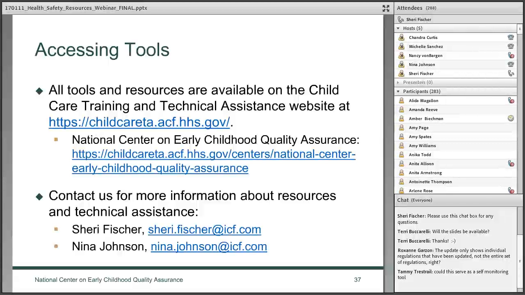Thank you, Sherry. That is incredibly helpful, both as a licensing manager and a TA provider. There are a couple of questions that came in the chat box, and I see there may be some more coming in now as well. One of them was about the Caring for Our Children Basics Alignment tool that you just went over. I think this one was from Tammy. She asked if this could serve as a self-monitoring tool. And Tammy, if you want to elaborate on that, feel free to type into the chat box. But does that kind of make sense to you, Sherry?